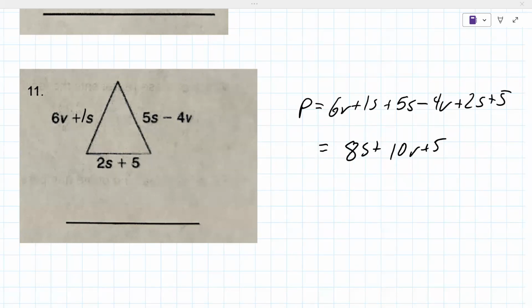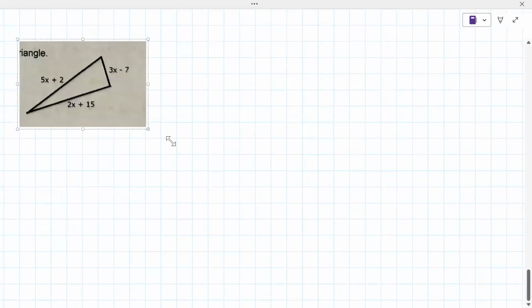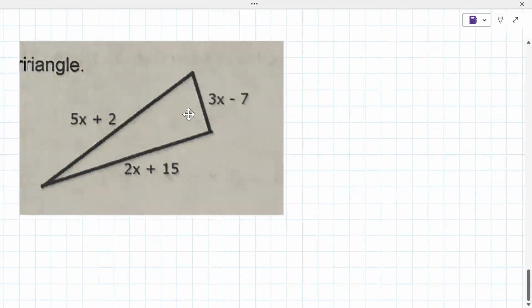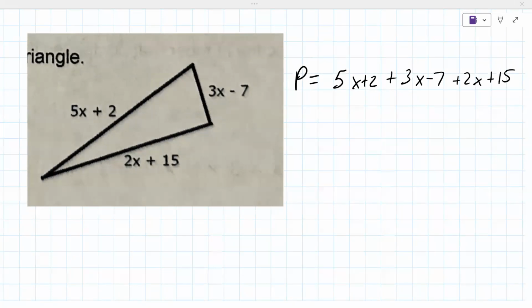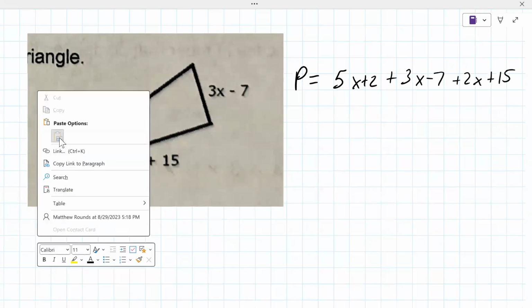Okay. Number 12. Let's look at the triangle first. So the perimeter is adding up all three sides. So 5x plus 2 plus 3x minus 7 plus 2x plus 15. This one's more of a standardized test question. So when we look at the answer space here on the left,